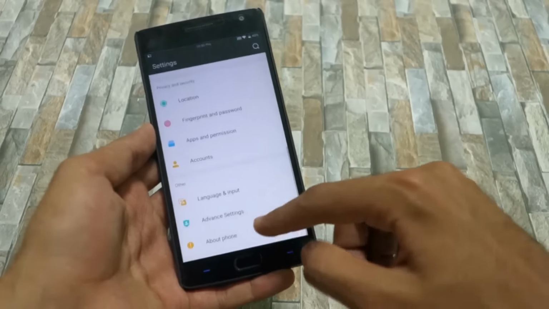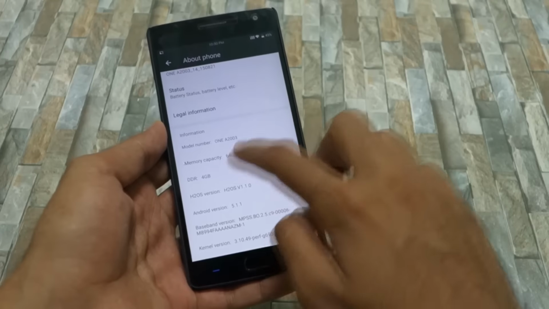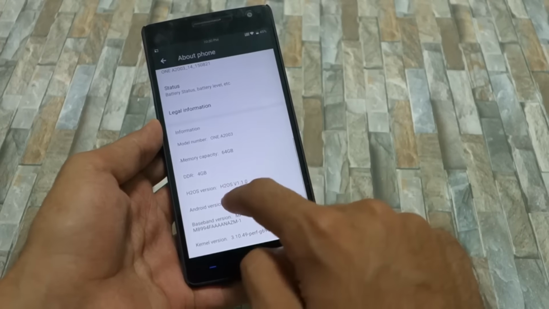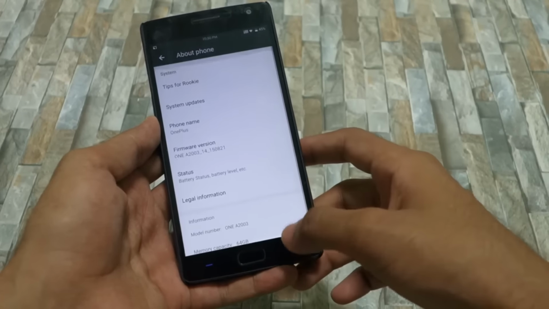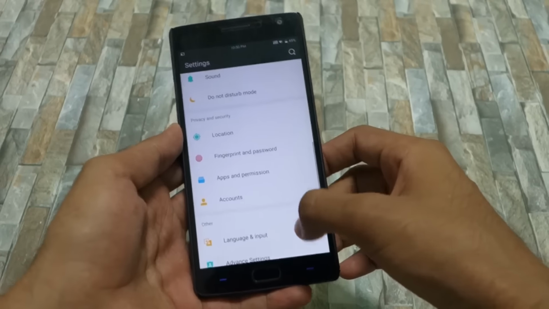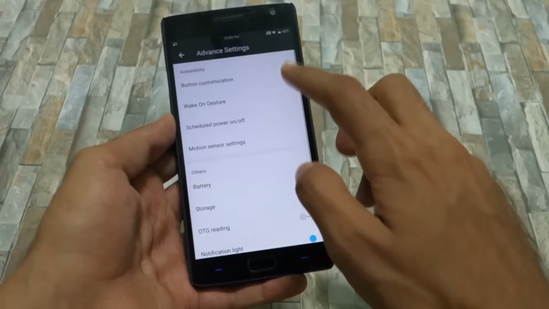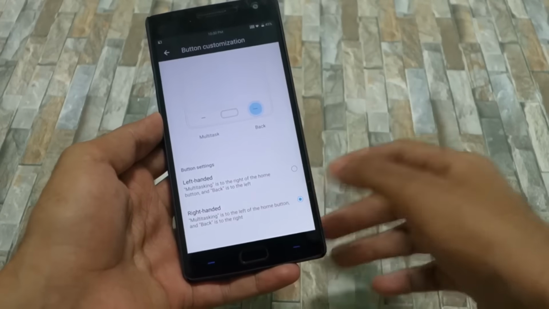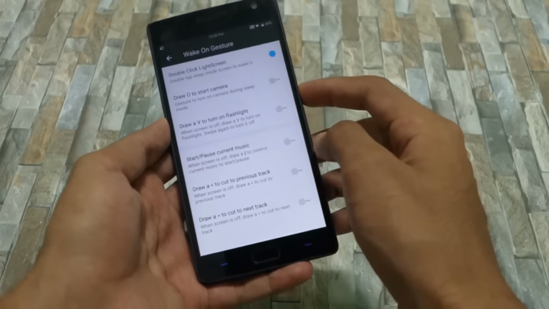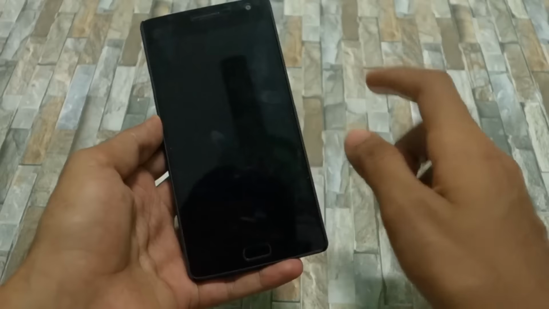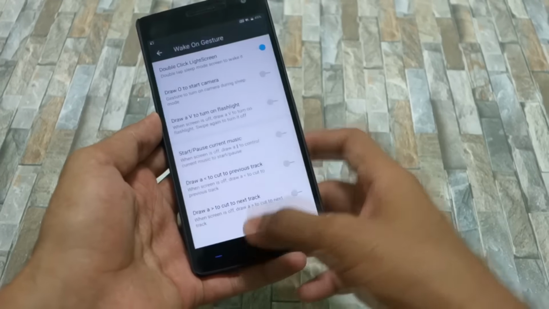And after that, let's jump into settings and let me show you the phone settings. So as you can see, it is Hydrogen OS version 1.1.0 and it is based on 5.1.1, so that's a good thing. And I am on the latest build of this, so yeah, that's a good thing. And if we go into advanced settings, these are normal button customizations. You can change the button position, gestures, double click to light the screen. It is the same as double tap to unlock the phone. So if we just double tap, then it will unlock the phone.